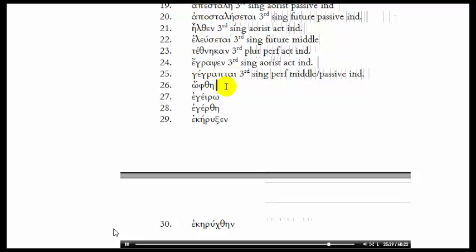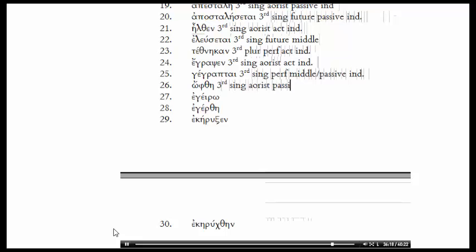Ophthe. This is again one we've seen in other forms, but we probably need to remind ourselves. Ophthe comes from horao, the word meaning to see. Principal parts are horao, opsomai, eidon, heoraka, heorámai, finally ophthen. Ophthen, totally irregular. You've got to memorize that one. So ophthen, ophthes, ophthe. So what do we have instead? We have a third singular,